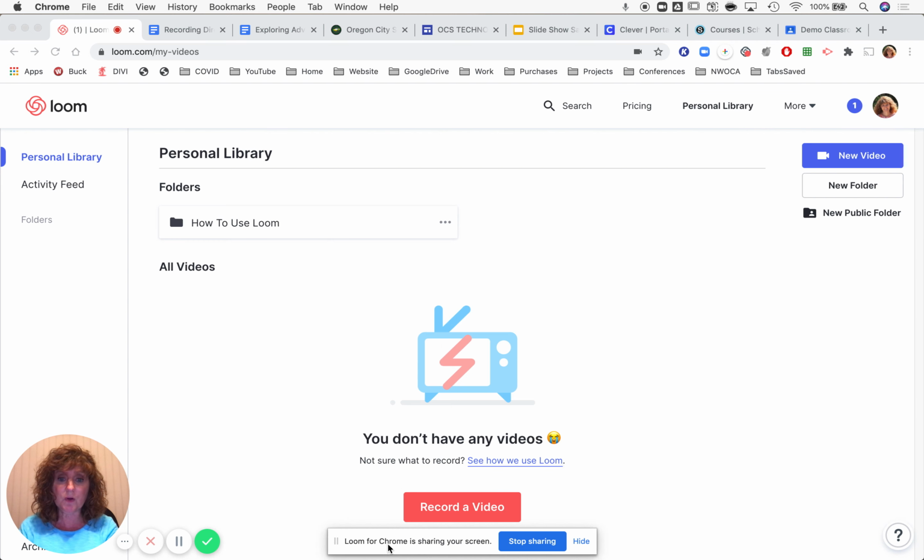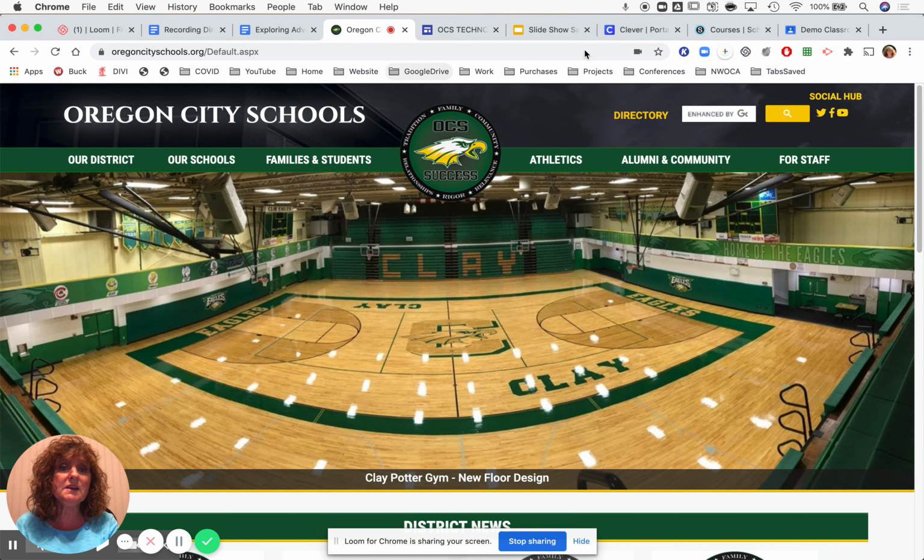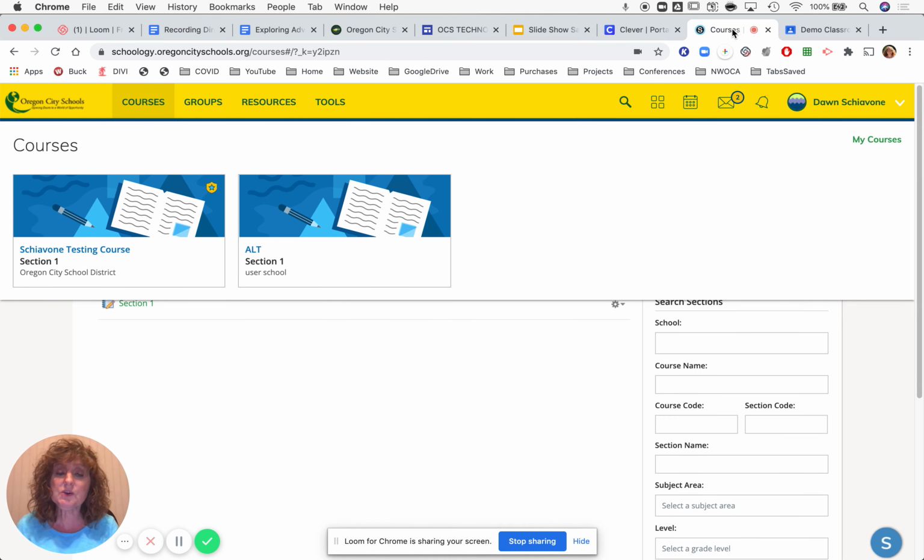Loom for Chrome is sharing your screen, and that's normal. It means that I'm sharing my screen with my Loom account. So when you get into this mode, you are ready to start teaching your students, showing them what you want them to see. If I click on maybe our district website, or maybe your Schoology course,